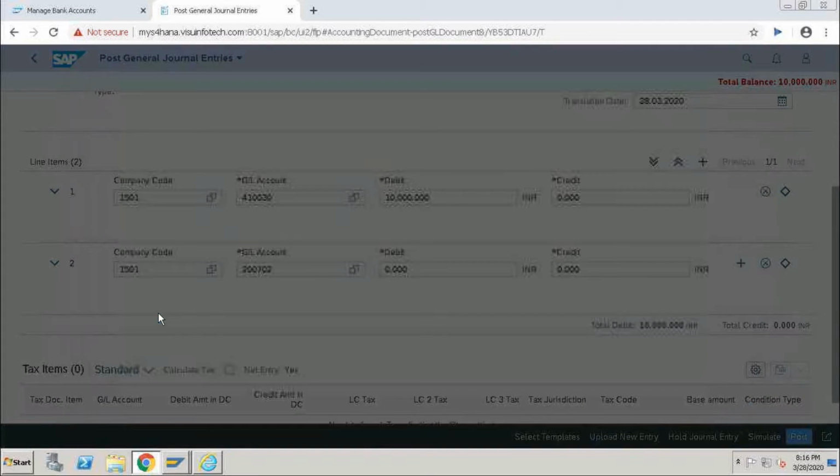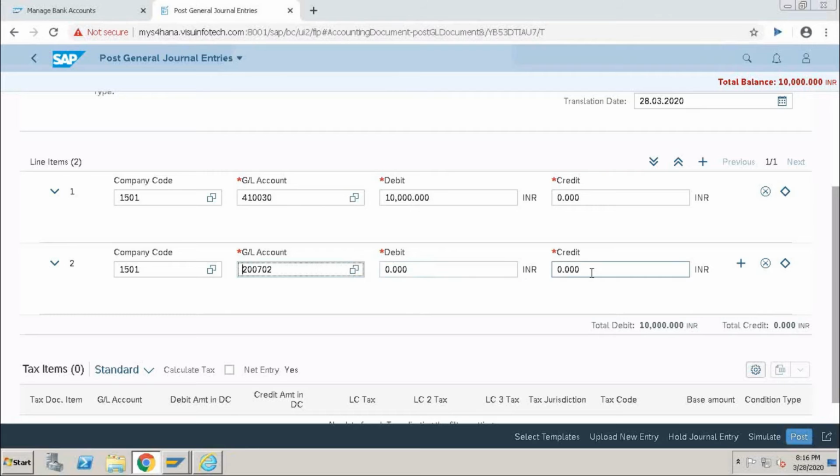So check issue 702. So credit amount 10,000. So simulate.